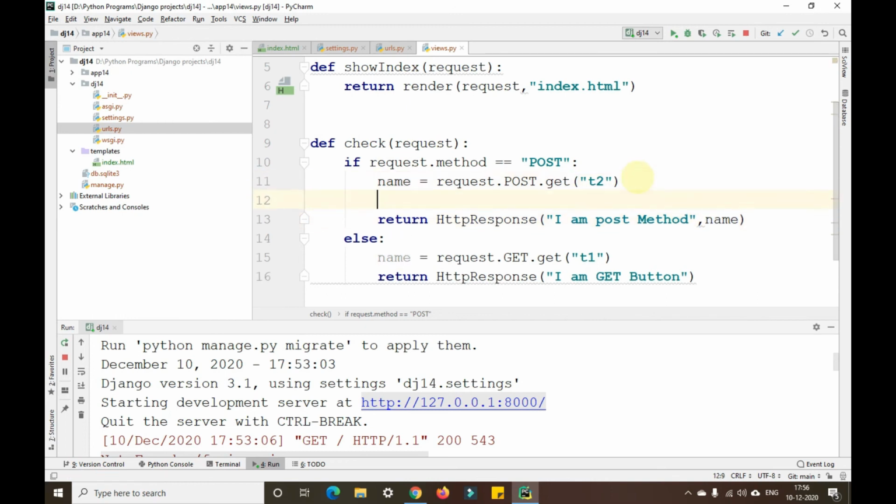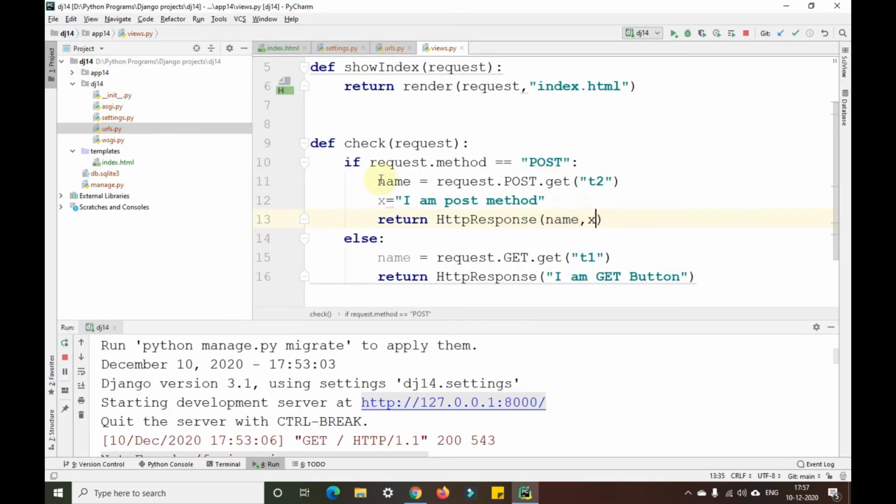We'll send two different variables here, X equals to, okay. We'll send this data in the form of a dictionary here: name, comma, X. When I refresh it, you can see I am only getting the first variable, name. We are not able to get both the things at the same time.